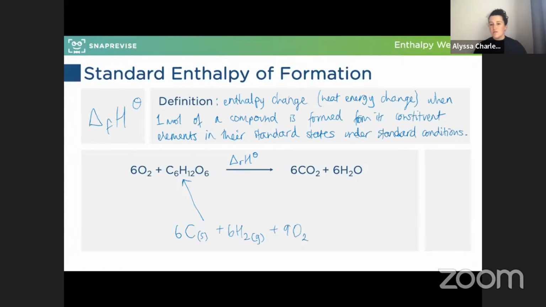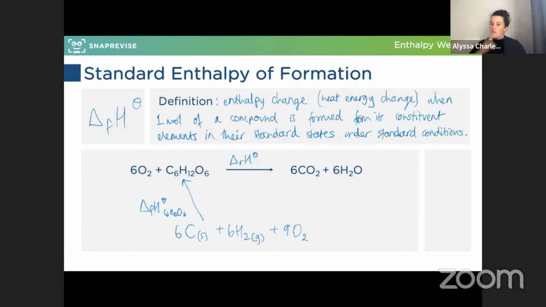Because this is enthalpy of formation, immediately my brain's thinking formation, what's the definition? It's the enthalpy change when 1 mole of compound is formed from its constituent elements. So what are its constituent elements? I've written those down. Check which way the arrow is pointing. It's pointing at the thing that's being formed because that's the process. And that's my enthalpy change of formation there, the enthalpy change of formation of glucose,